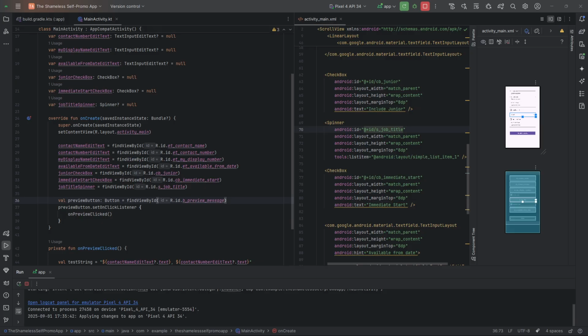And for now, I'm going to leave the code like this with a non-null assertion, because in the next tutorial, I'm going to show you how, when we make a mistake, when something goes wrong, when our code crashes, how